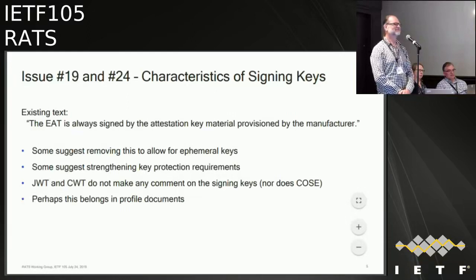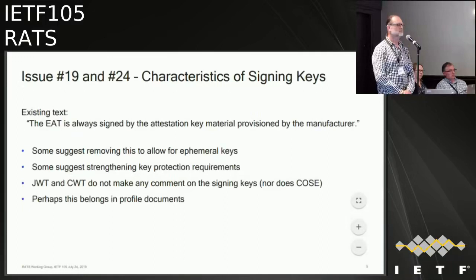Just to get beyond this, would it be okay if we actually mention this in security considerations and do what seems to be the consensus here and move this into profiles, so that we can make comments about trust level in the key material that's not the token without making it a normative requirement? You're looking at me like you're asking me to answer the question.